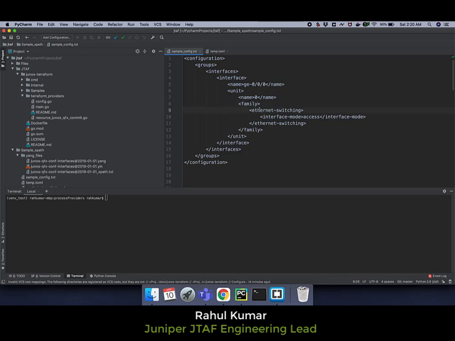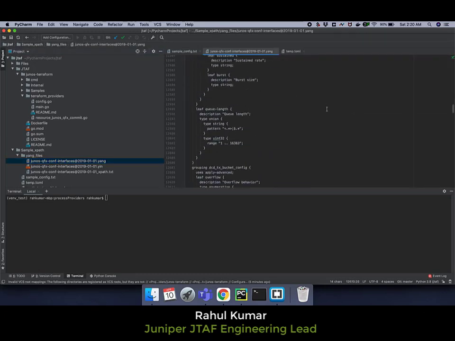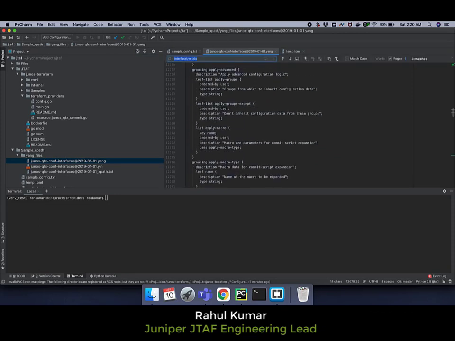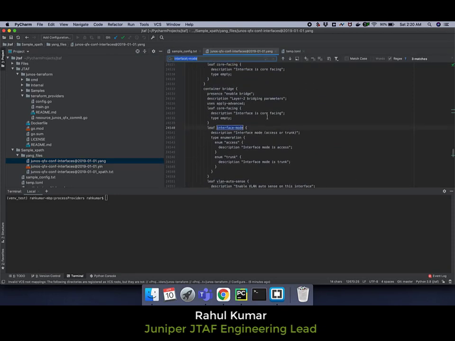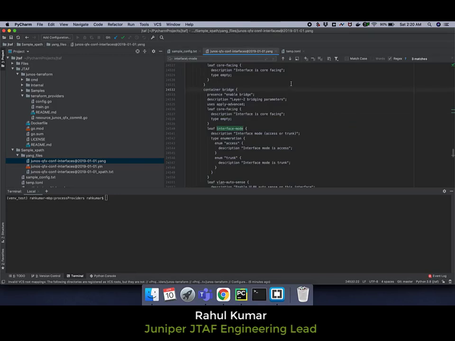These are the containers. So we'll try to search interface mode in the Yang file. As you can see, interface mode is under container bridge, which doesn't seem to be matching. In a Yang file, there can be multiple elements with the same name under different hierarchy.